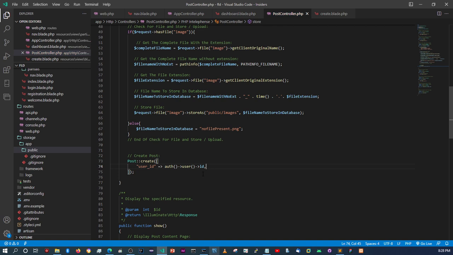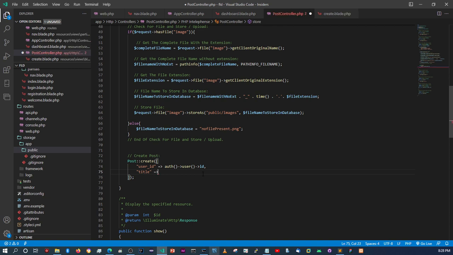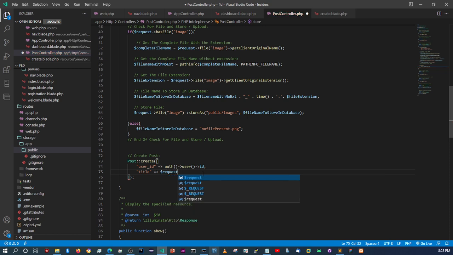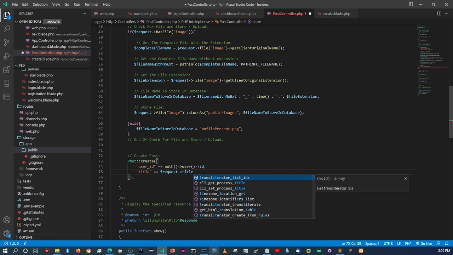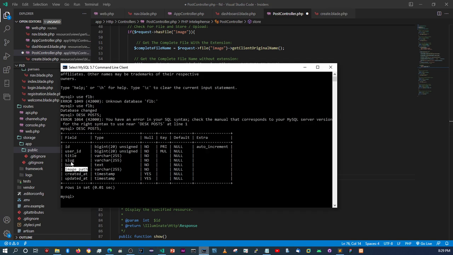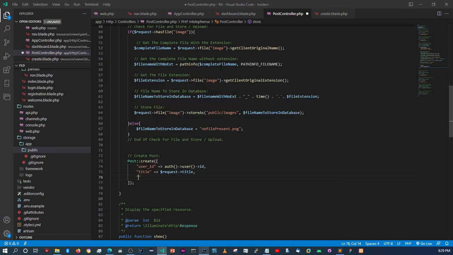right? And then from there, we're gonna take in the title, right? We're gonna get it from the request object, okay? And then we're gonna say title. All right, so now remember we also created another field called slug, as you can see there. So now the slug, we're going to take from the title itself. So we're going to say slug,